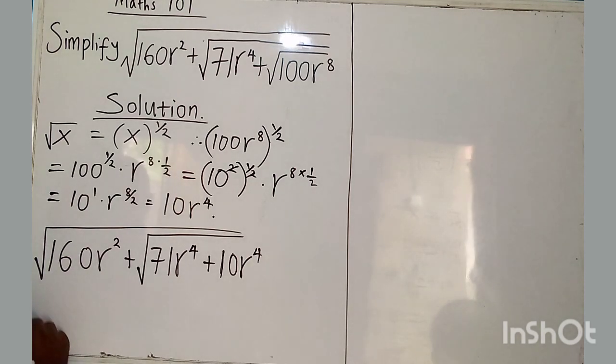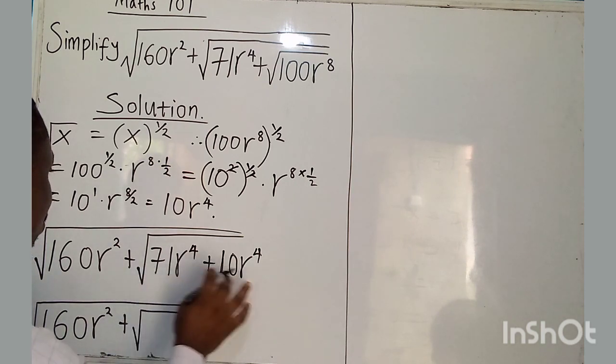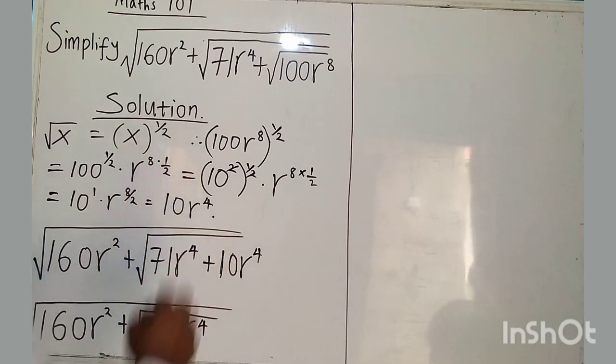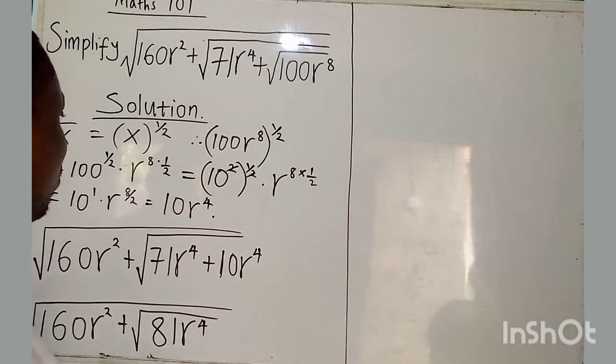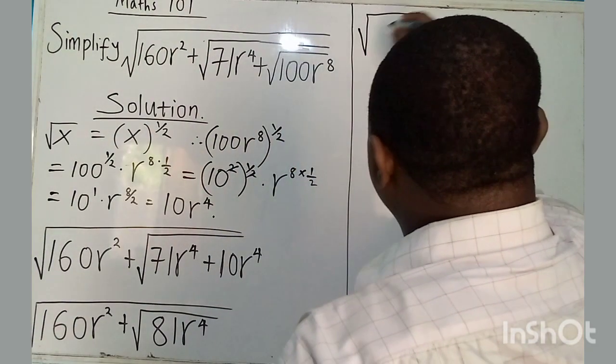So it becomes 160 x squared plus the square root of 71 plus 10 is 81, all x to the power of 4. Then this becomes the innermost step. I have to treat it the way I've done for this. So therefore, I know that my 81